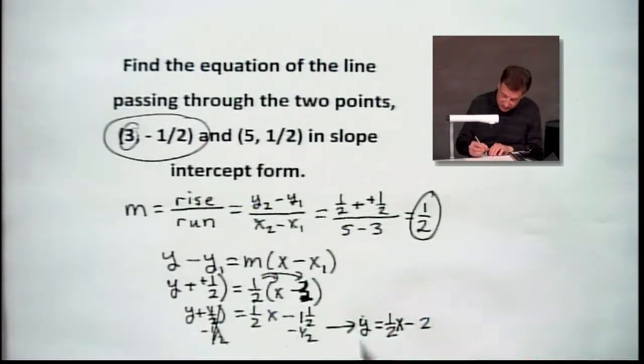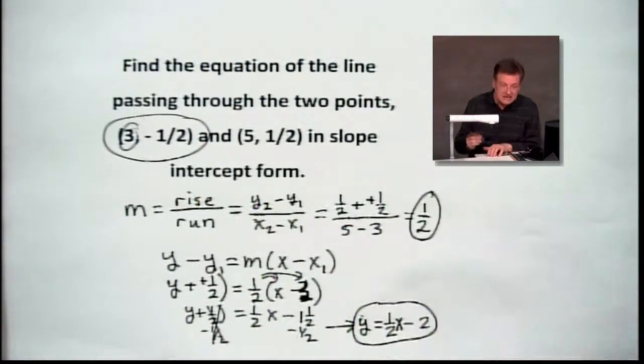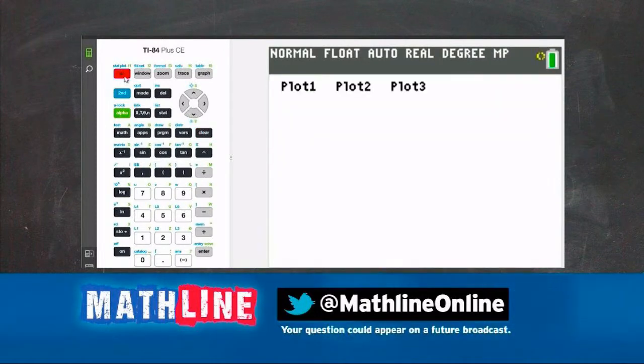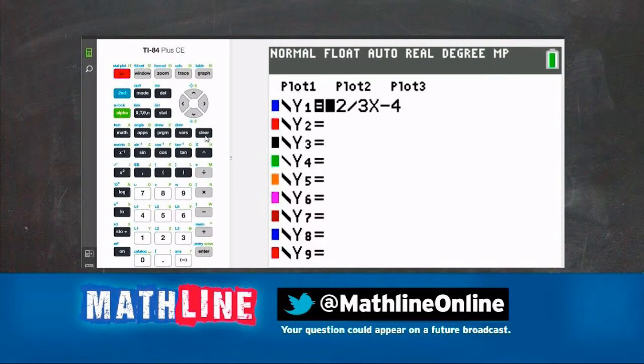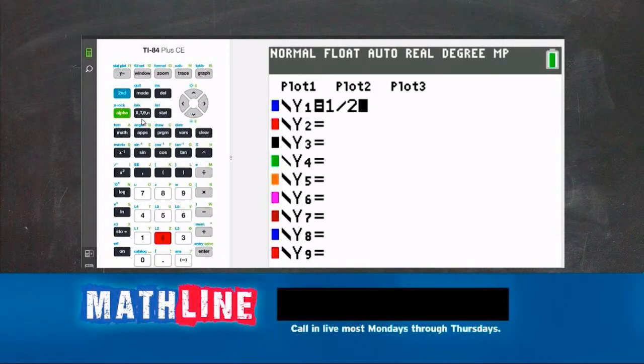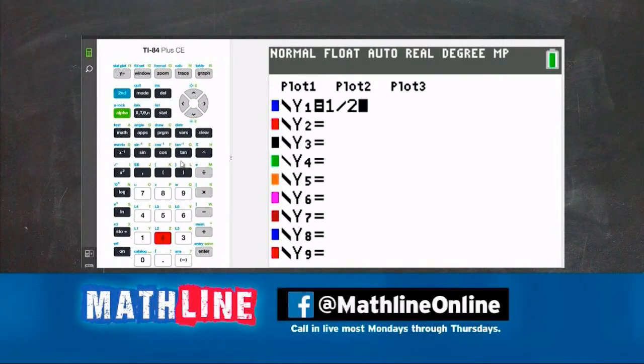Sometimes my students leave those out too. And let's see if it works. Take a quick look on our graphing calculator. Let's go to it here. Let me clear off what we got. Get y equals. By the way, in case y'all ever wonder, it's just easy clearing. It just says goodbye. So let's put a 1/2 in there, 1 divided by 2, and put our x attached. There we are. And we got a minus 2.